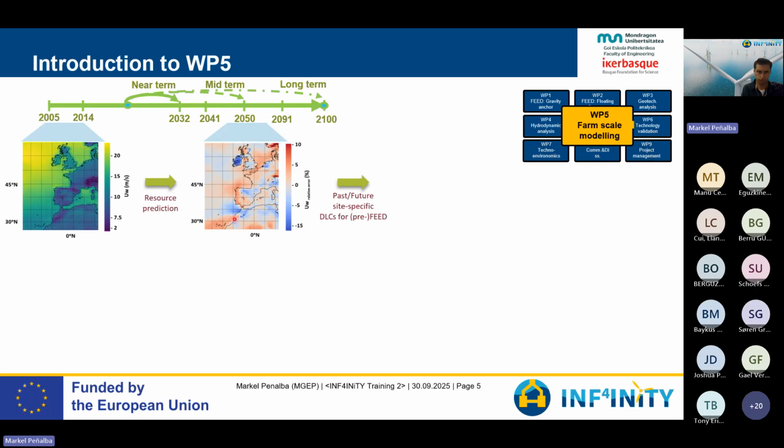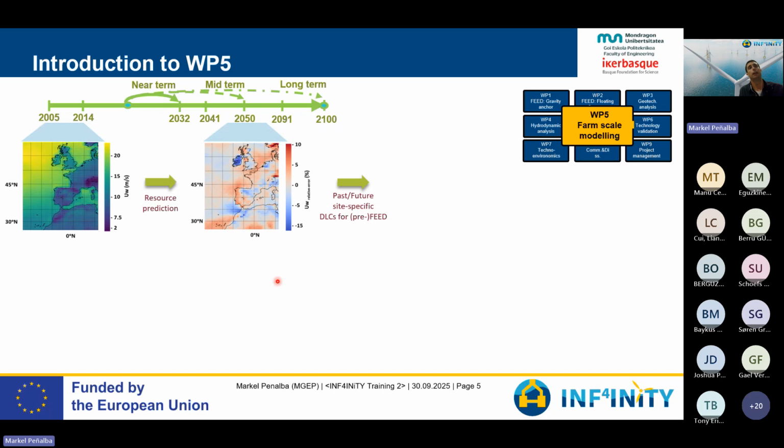So we've considered the business as usual scenario, where we continue emitting the same amount of carbon emissions in the next decades. And that one is the scenario that will have the largest impact. But we have also considered another scenario where there is a mitigation of these emissions, right? So you will find in the repository information both about the resource characteristics, but also the definition of the design load conditions based on past and future scenarios under different horizons and carbon emission